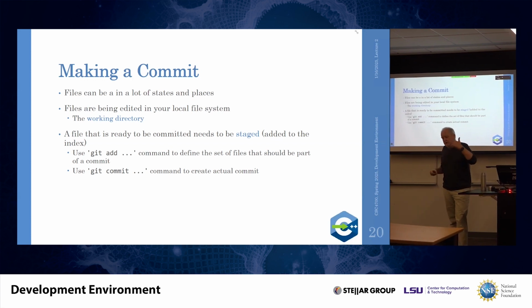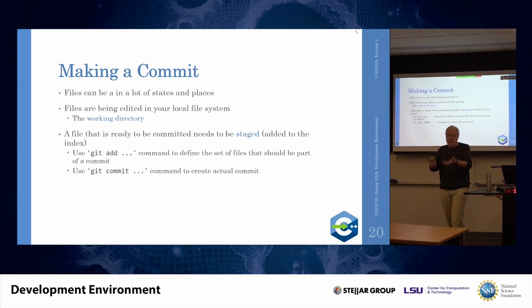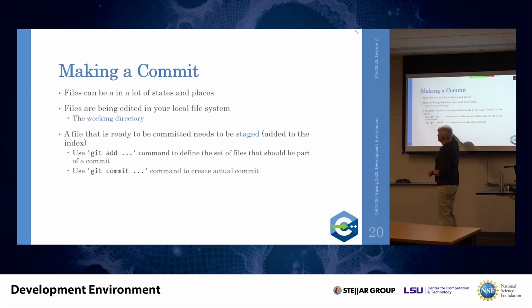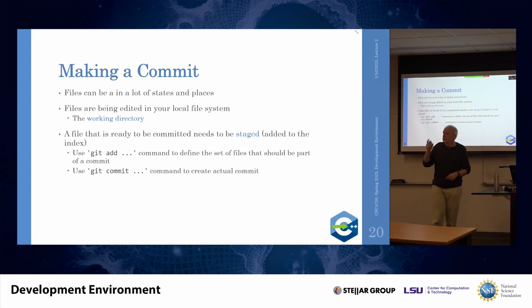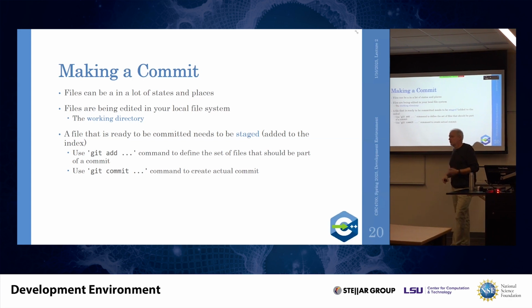Add stages all the files you want to add to the commit, kind of lists the things you want to add to the snapshot, and commit is doing the actual committing. Now, in Visual Studio Code, these two things are one command. So you don't have to do both things separately. When you do a commit, it will automatically add all changes you have so far to your snapshot.